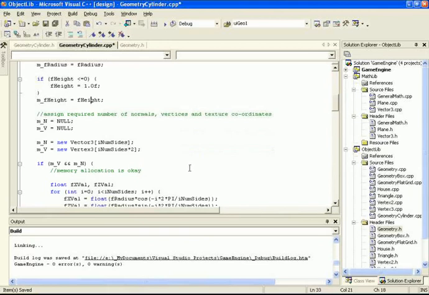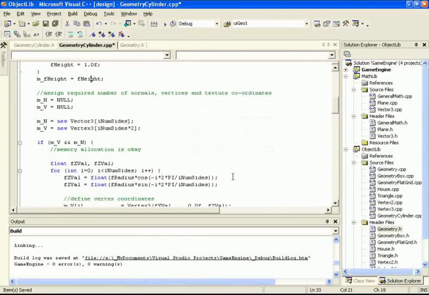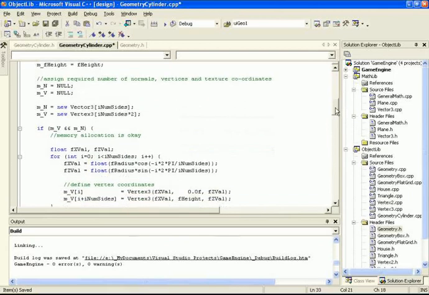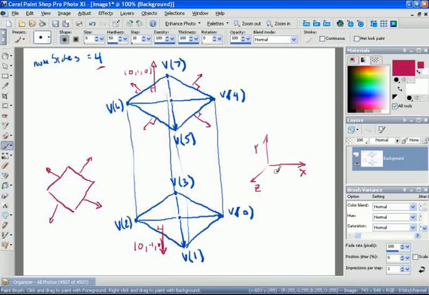Okay, moving on. Next thing we do is we need to define what are the coordinates of each of those vertices. Well, we can do that automatically using the following for statement. We define 2 values, the x value and the z value. Looking back here, we can see that all the vertices on the bottom face here are going to have one value for y, and that value is actually going to be 0. And all the vertices up here are going to have 1 value for y,